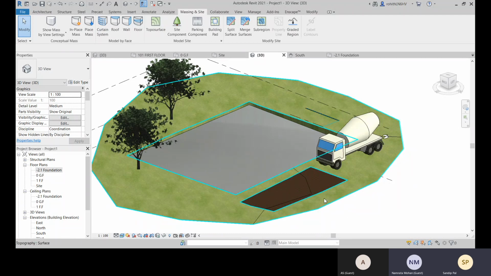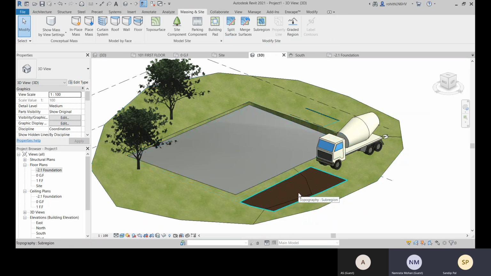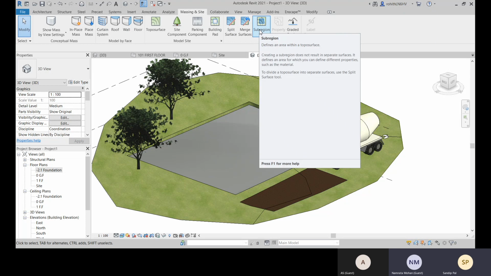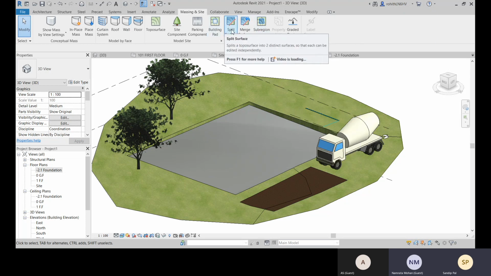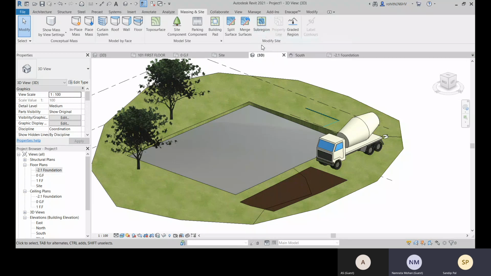Now, what is the difference? Yeah, it's kind of similar. With the split surface, you were splitting that, and it will count as a single surface. These two are kind of similar. But for this sub-region there is one difference.